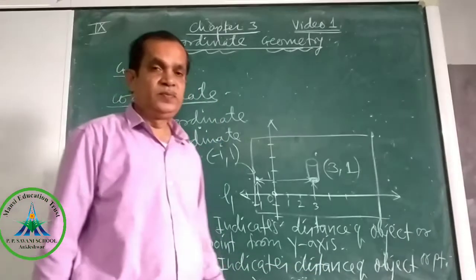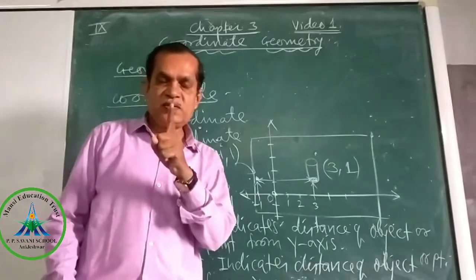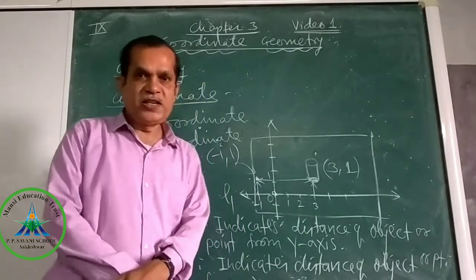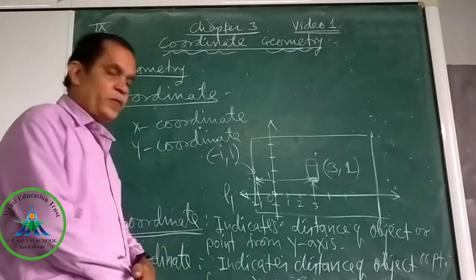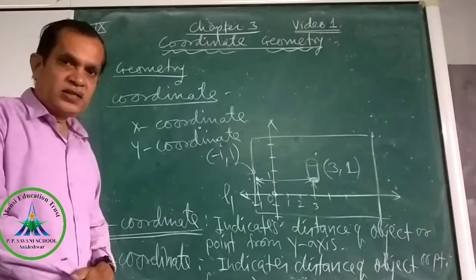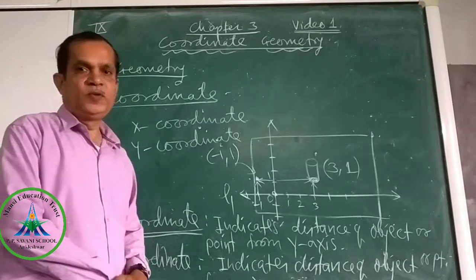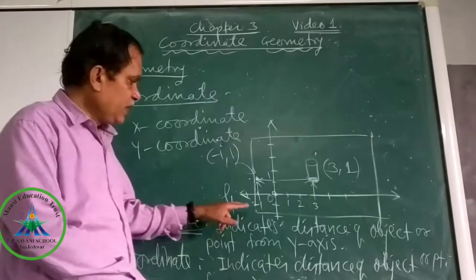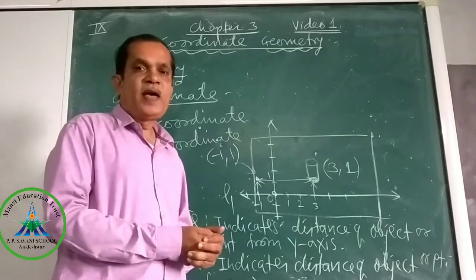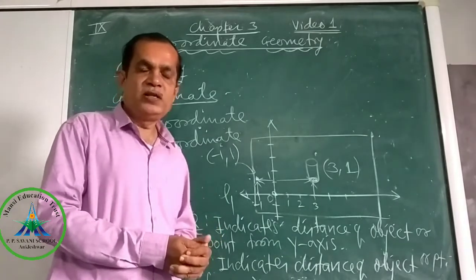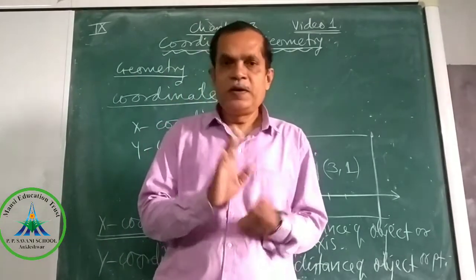Remember students, that's very clear. Which coordinate indicates distance of object from y-axis? X coordinate. Which coordinate indicates distance of object from x-axis? Y coordinate. Okay? So coordinate can be negative or positive. Distance is a numerical value of that coordinate. Clear students? Right. Now see, in this chapter we will talk about the